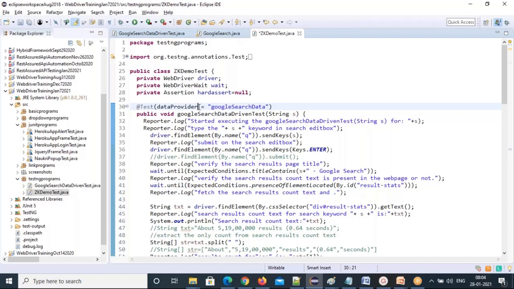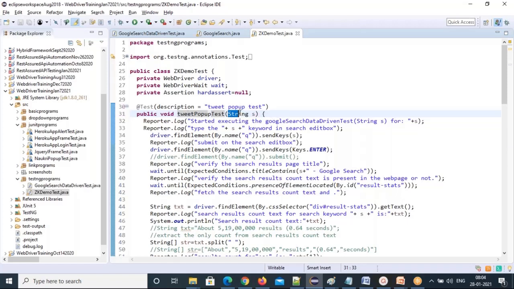I'll use the description keyword, which is the tweet pop-up test. I'll change the method name also. Tweet pop-up test is what I'm doing here.